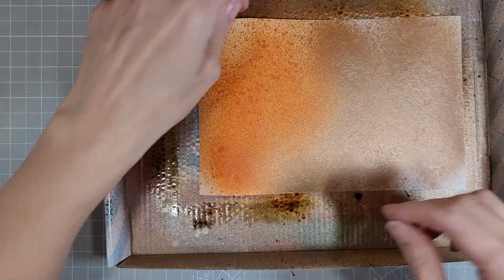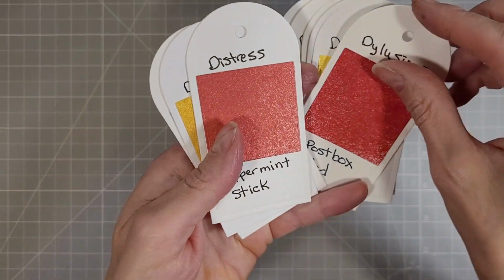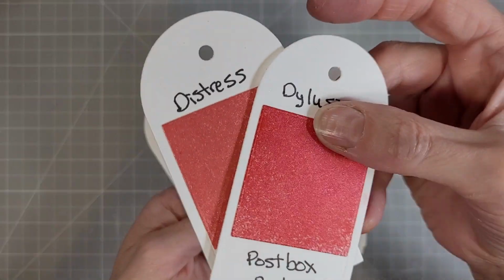I can't wait to use this Melted Chocolate because it does have so much more of that brown tone to it without it being tan and without it being red. Love that color combination. Next, I took all of those spritzed cardstocks and I used my waffle flower